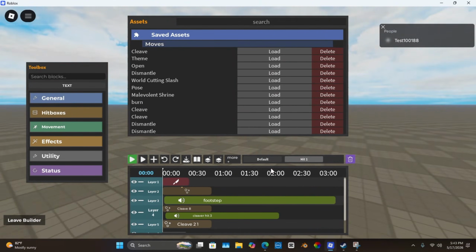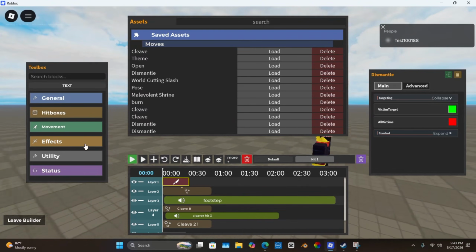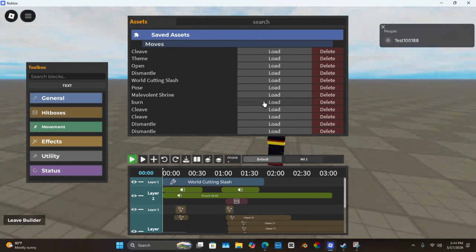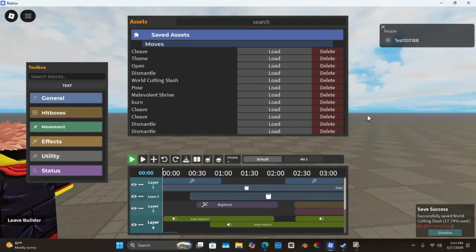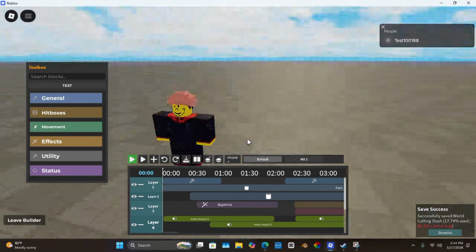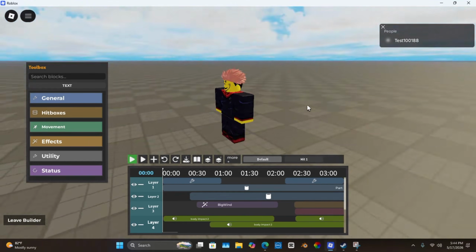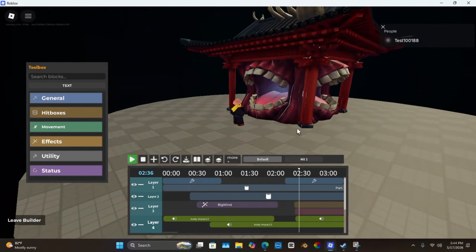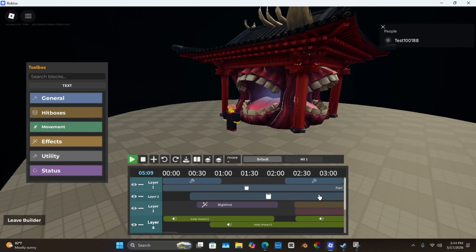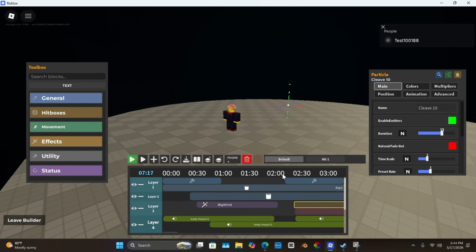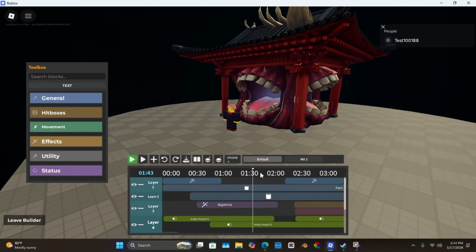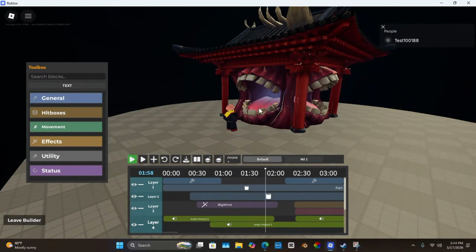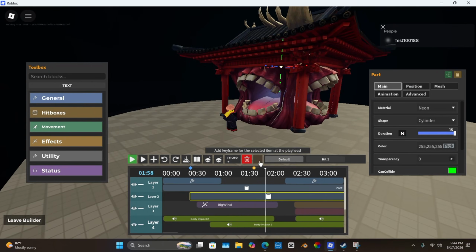Also Dismantle is one of the main ones I use for this because that's what he does. He really likes doing that. And then we have Malevolent Shrine. I don't know why the slashes aren't working, but how you want to do this is